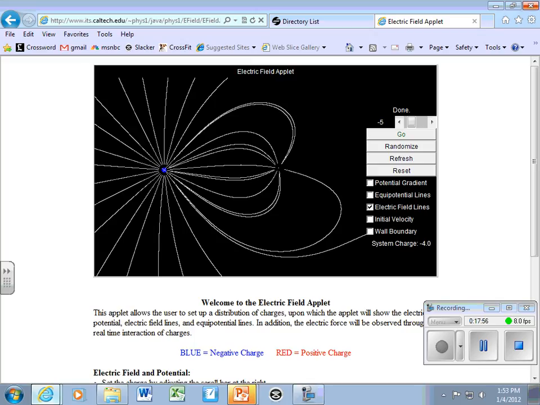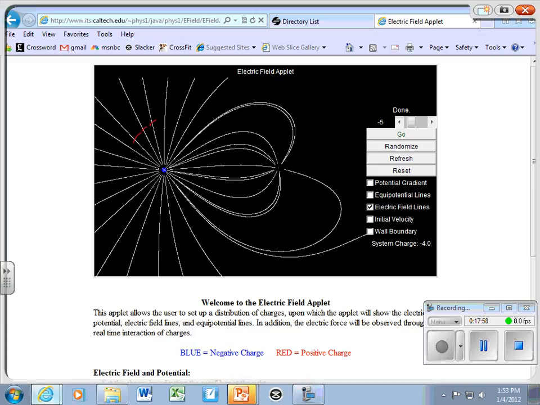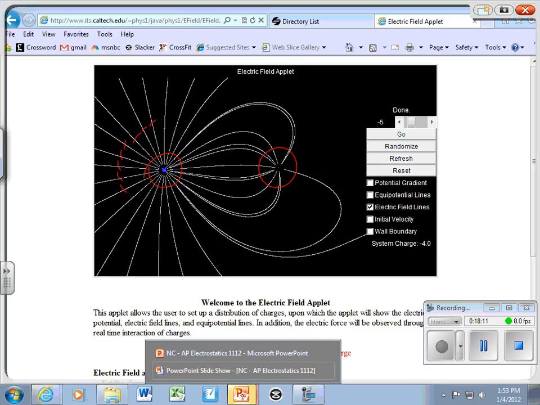All right, and literally, if you do it right, if you count these up, there's a ratio of the lines that touch this one and the lines that touch this one. That ratio is the same as the ratio of their charges. Okay, so if we go back here,